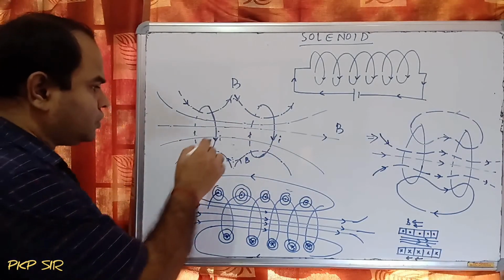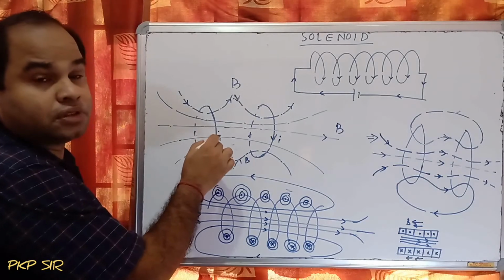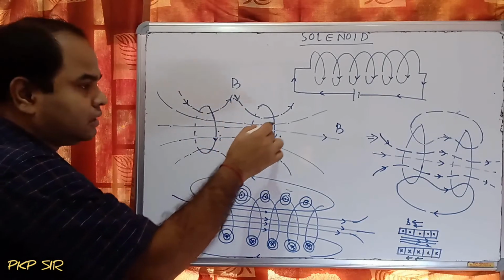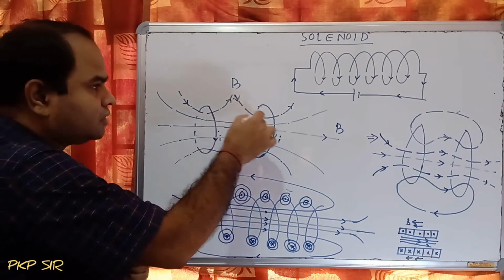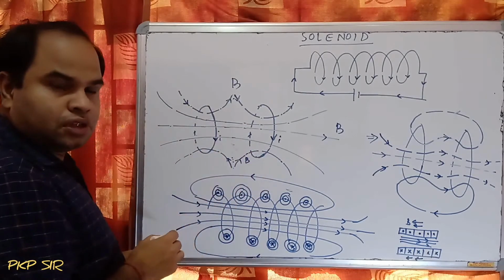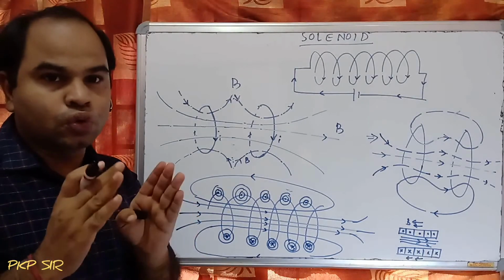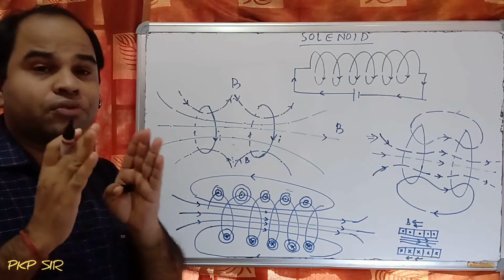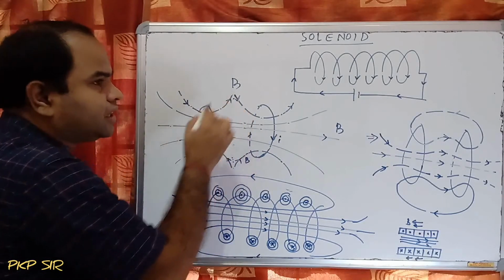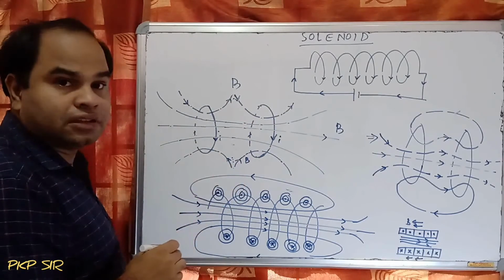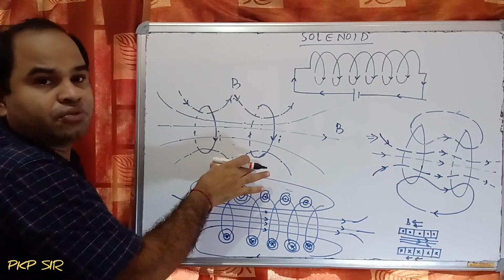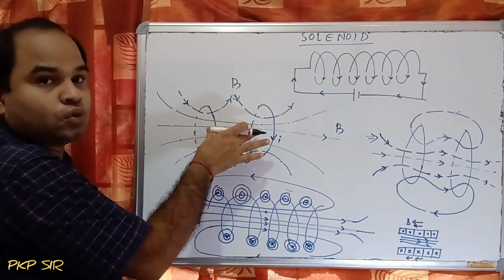If we see the first loop, the first conductor, in the upper portion the magnetic field is in this direction. The second conductor, the magnetic field is in this direction. So in between, the same thing, this direction. So if the two loops carrying current are very close to each other, the two magnetic fields will cancel. So in this portion there will be no magnetic field. The magnetic field will only remain inside the two loops.